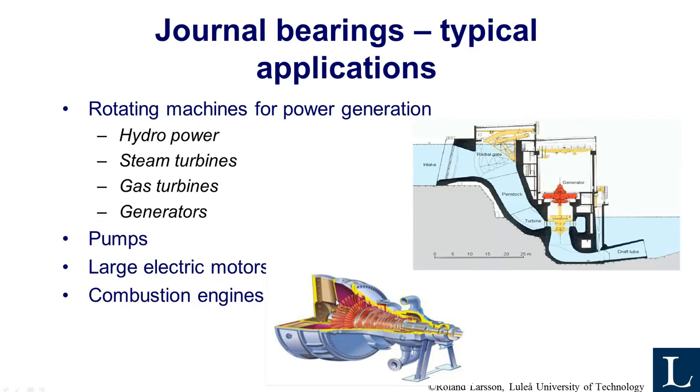As you know, journal bearings can be found in many machines, very often in rotating machines for power generation. It could be hydropower, steam turbines, gas turbines, generators. Also in pumps and electric motors and combustion engines. And especially, for example, in a hydropower plant like this, you have a vertical shaft. And in that case, stability problems may occur because